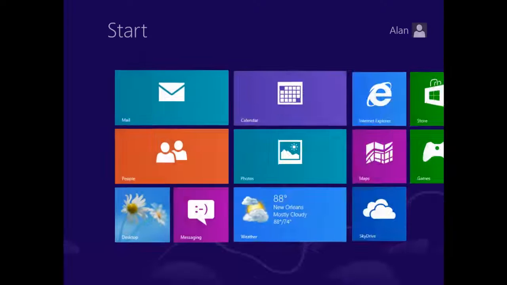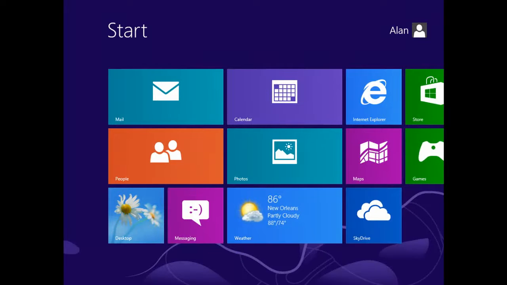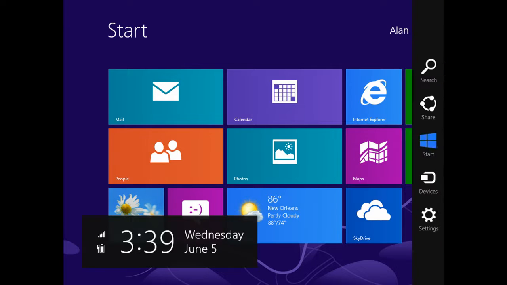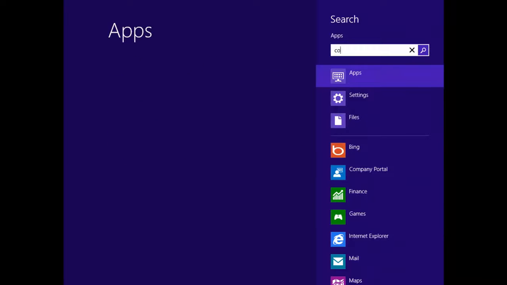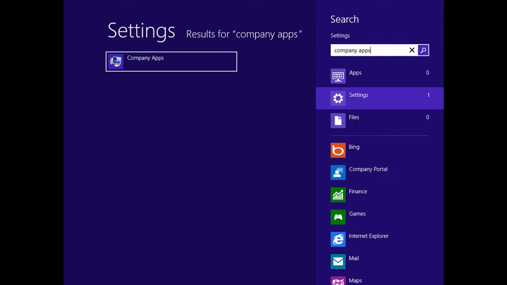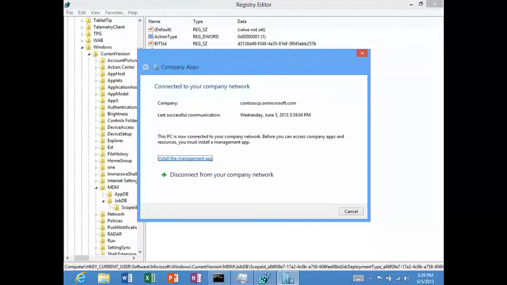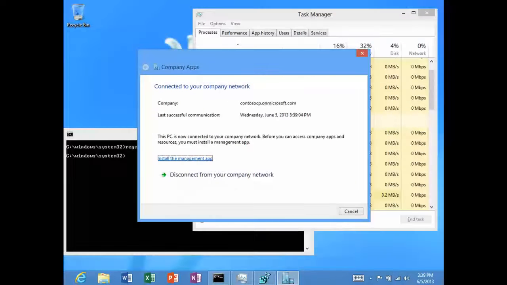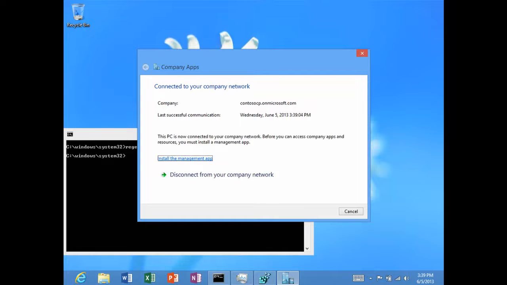Great. And the question that we had about whether that Dilip answered, the agent is indeed built into Windows in Windows 8 RT. And starting with 8.1, it's across all SKUs of Windows. To find it on RT, you can just search for company apps. And under settings, you'll see a shortcut. This opens our enrollment UI, so it's currently enrolled with Contoso CP. And then if I just disconnect just to show you,